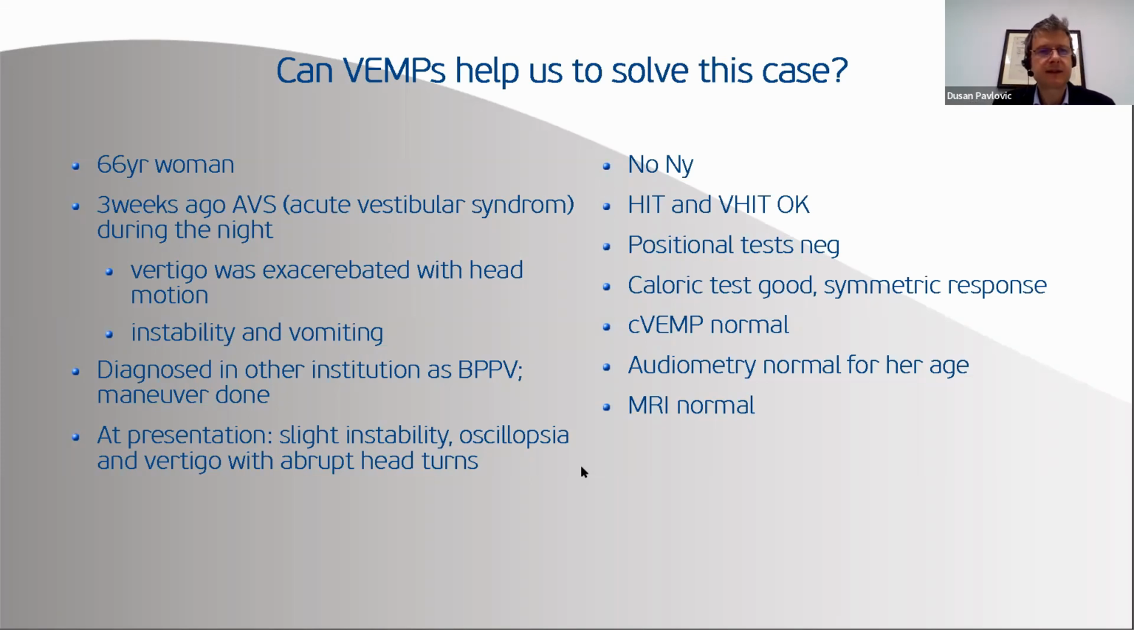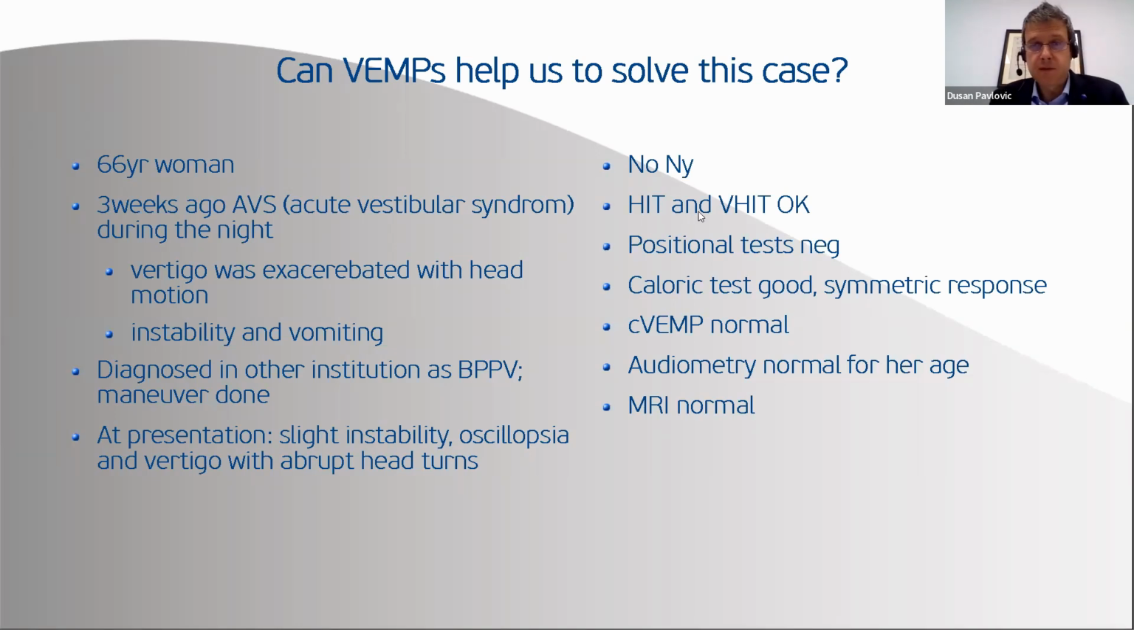This is a 66-year-old woman. She had acute vestibular syndrome, acute vertigo during the night with vomiting and also instability. A couple of days later, in other institutions, she was diagnosed as having BPPV. But when I saw her 3 weeks later, she still complained about slight instability and also slight oscillopsia and vertigo with abrupt head turns. The history looks like vestibular neuritis to me, but